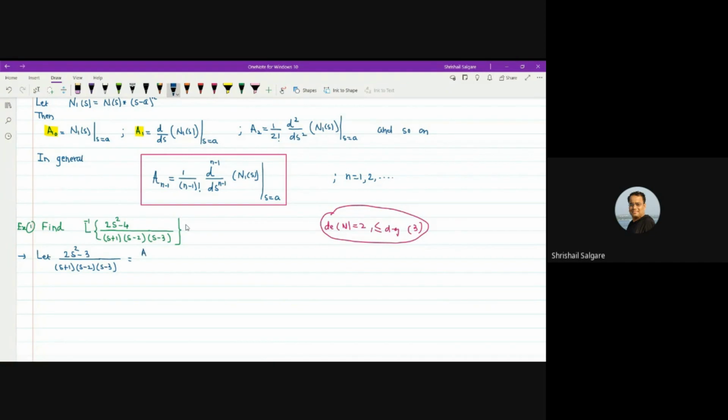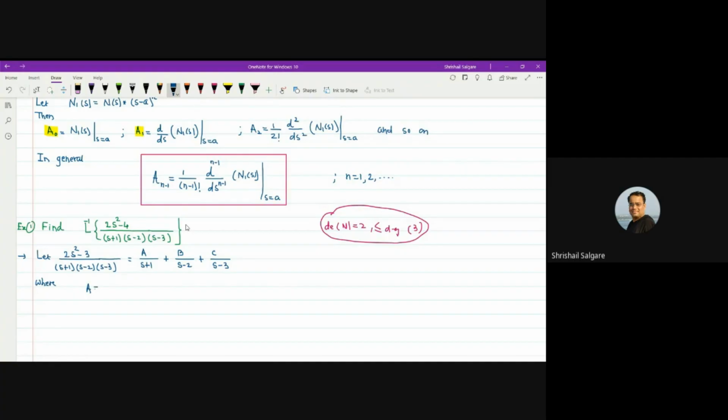Sum a upon the first factor. The arrangement of factors may be different; your factor may be s minus 2 first, s minus 3 first, like that. So I will write a upon s plus 1, plus b upon second factor, s minus 2, plus c upon s minus 3. Now we have to calculate 3 constants, where the first constant a is given by